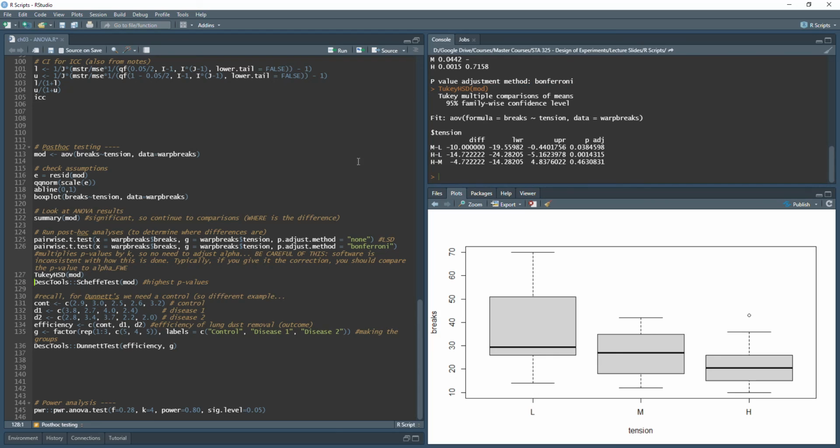The real correction I want to use is Tukey's HSD, which is the Tukey's HSD command. This does each of the pairwise comparisons. It gives me the size of the difference, the upper and lower end of a confidence interval, and then the p-value that's been correctly adjusted. So this is the p-value that I would use if I were doing this for a real client or on a real